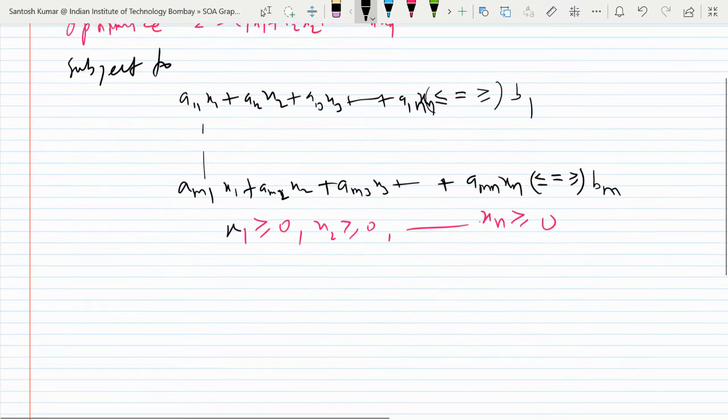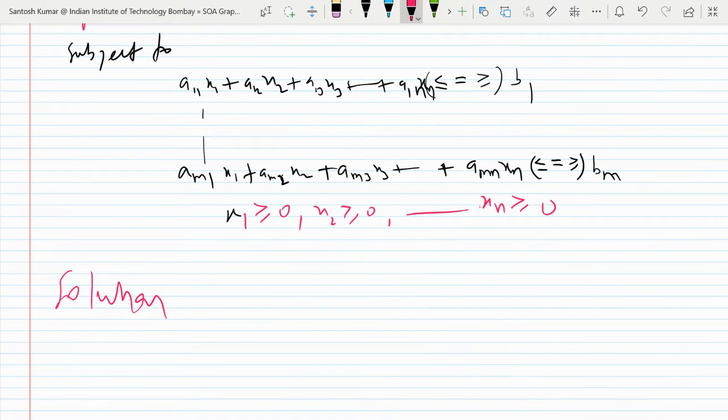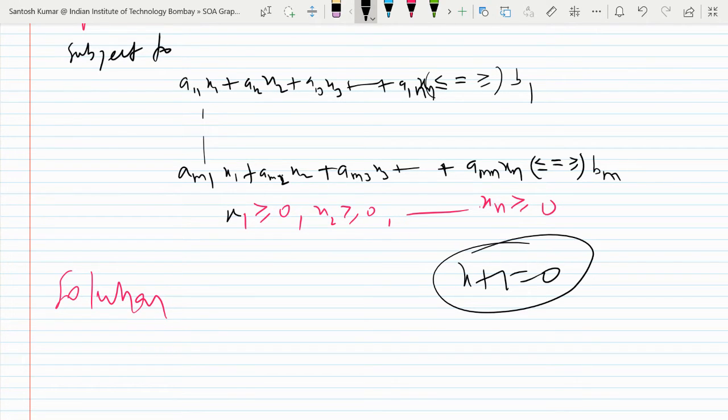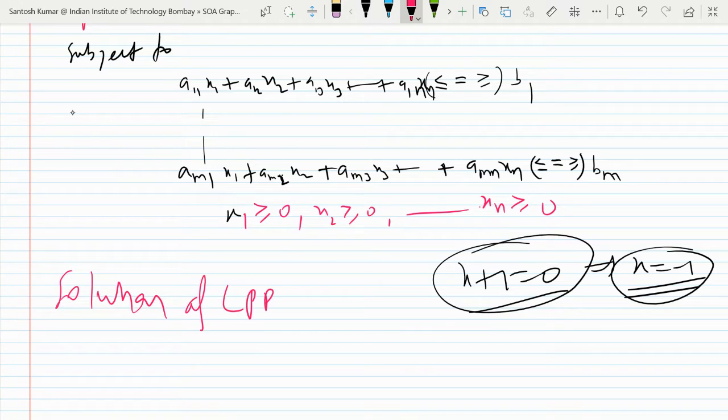Now the matter is how to solve. So first of all, what is a solution? How do you define the solution of any question? Like in mathematics, mostly we deal with the word solution. Like if we say x plus 1 is 0, what is the solution of this equation? You all know that x is equal to minus 1 is the solution of this equation. But the question is, what is the meaning of solution? So anyone would like to say what you mean by solution? Same, I would like to discuss the solution of LPP. So in general, what is the meaning of solution in the mathematical sense?